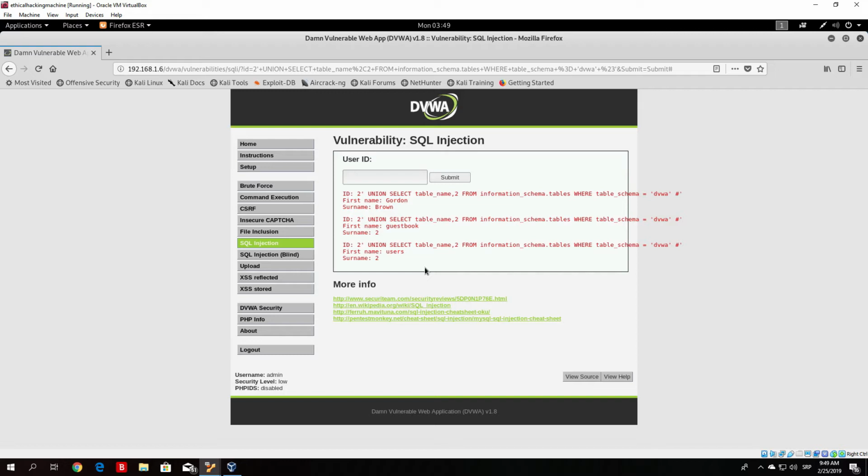So after we discover the tables, we want to basically discover the columns in those tables, and we will target this table right here, which is the users table. Now we want to find out what columns are there in that table, so we type here union